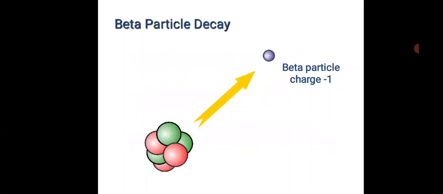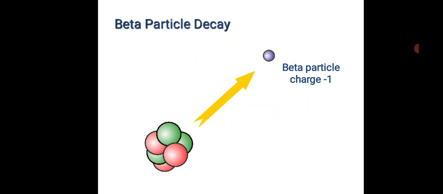This is the schematic representation of the emission of a beta particle. The spontaneous decay process in which the mass number A of the nucleus remains constant, but the atomic number changes, is called beta decay. Here the energy of the emitted particle during beta decay goes up to 10 mega electron volts, and the half-life of beta nuclei ranges from 0 to 10 power 18 years.